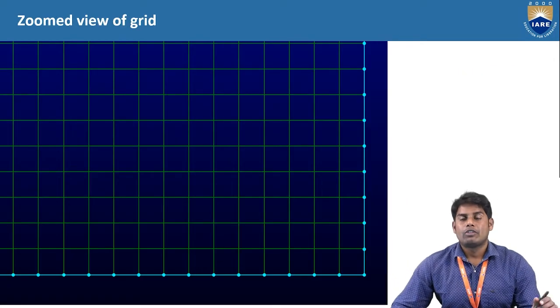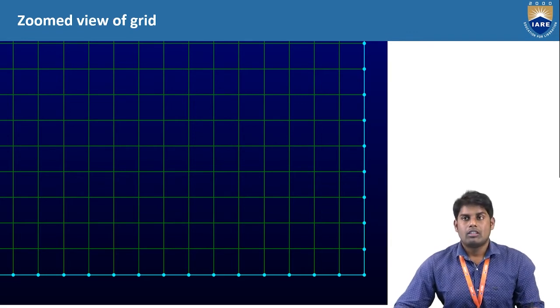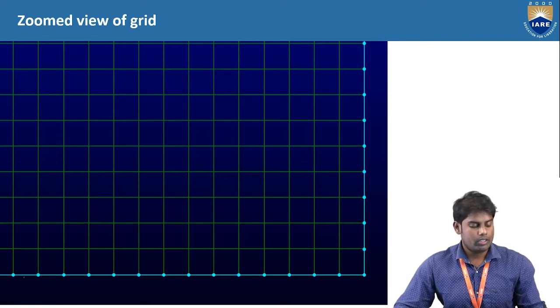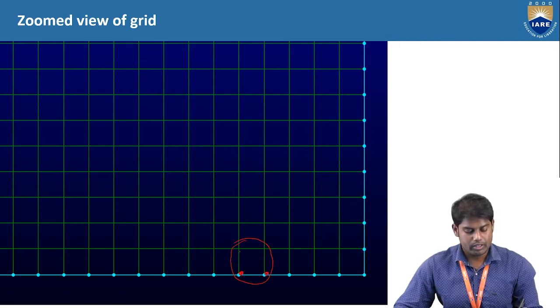Fine. If you see, this is a zoomed view of the grid in the previous picture. As I told you, this blue color region are the boundaries of the domain. Here you can see the smallest part of the domain is nothing but the cell. These are called mesh points or grid points. Here also this is called a point. This is called structured because you can see even the boundaries of the cell are regular, regular in shape.